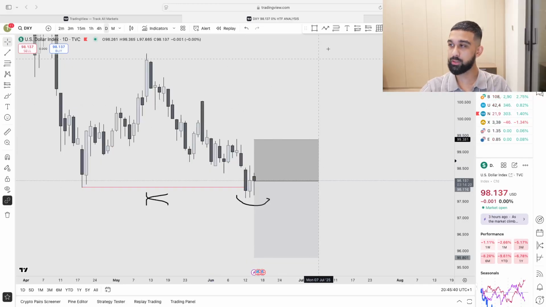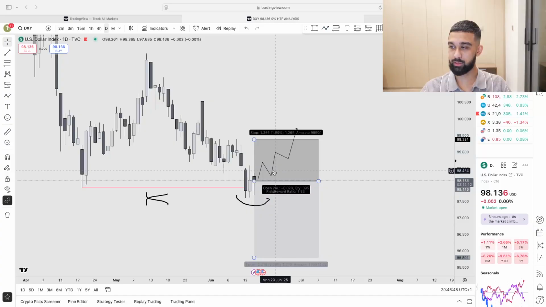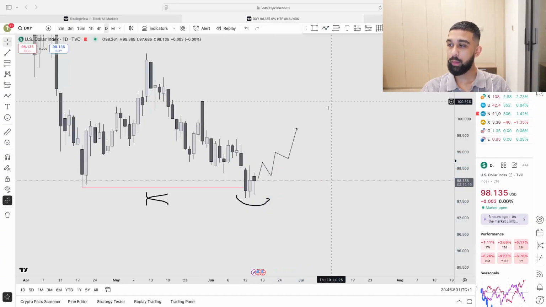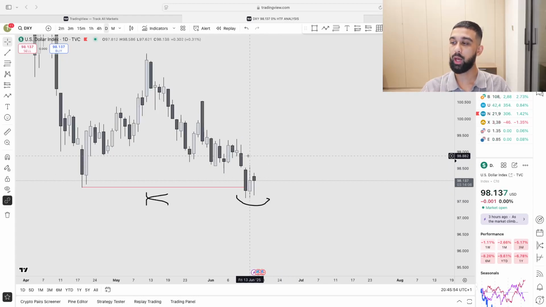So I don't want to do this because we've swept out a lot of liquidity, and to be fair, this could be a sweep of liquidity and then we could trade bullish, because that's how liquidity can work. But there's not enough for me to really create an idea on both, and that's how I feel right now. So the point is, there are going to be days where it's like, okay, I have to wait.